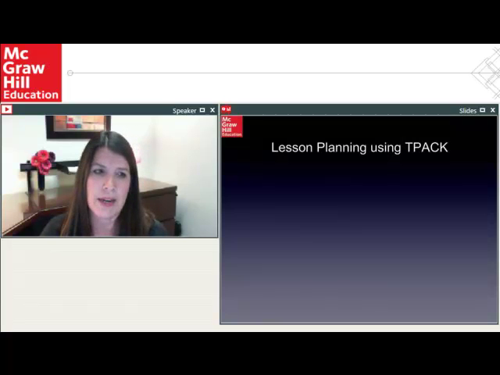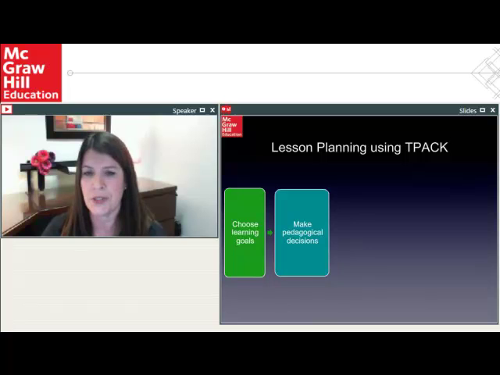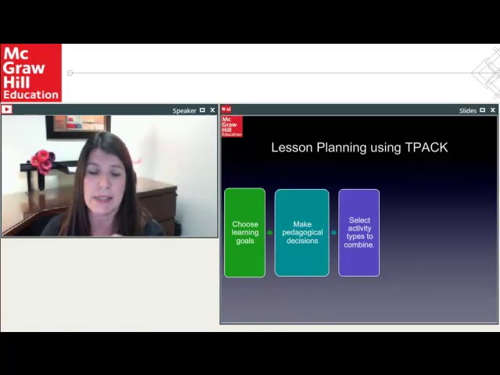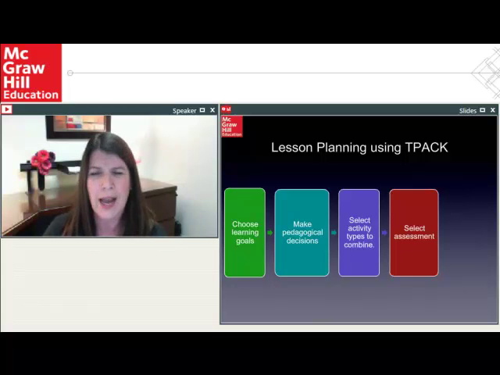But once you've selected the right activity, then the most important part comes, right? You choose your learning goal, just to review. You determine what pedagogical decision based on those 8 continuums. Then we go to selecting the right activities, and you might select several activities to scaffold instruction or to pace yourself through. Of those activities, you need to determine how you are going to assess. Are you going to do formative assessment during the activity? I'm not talking about just a quiz and a test at the end, but really what assessments could you provide while you're doing these activities? What can you get out of it? Think about those, and plan those.